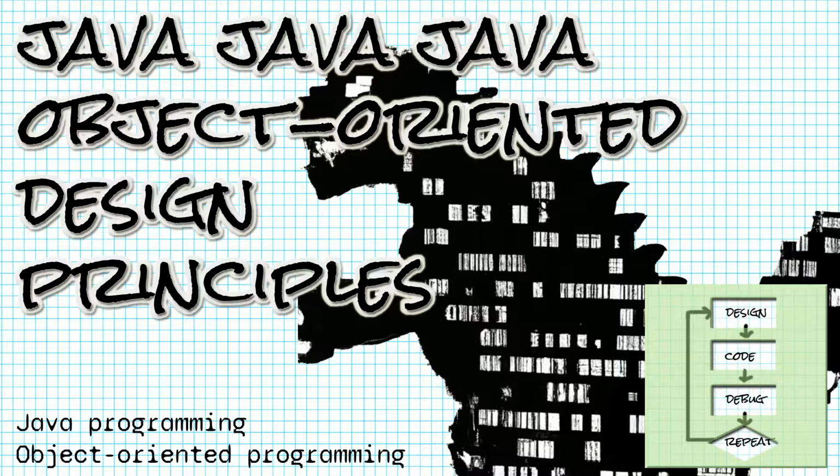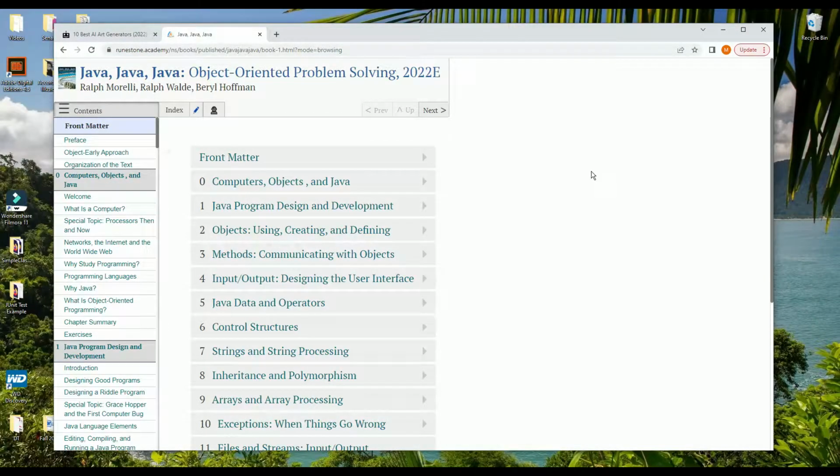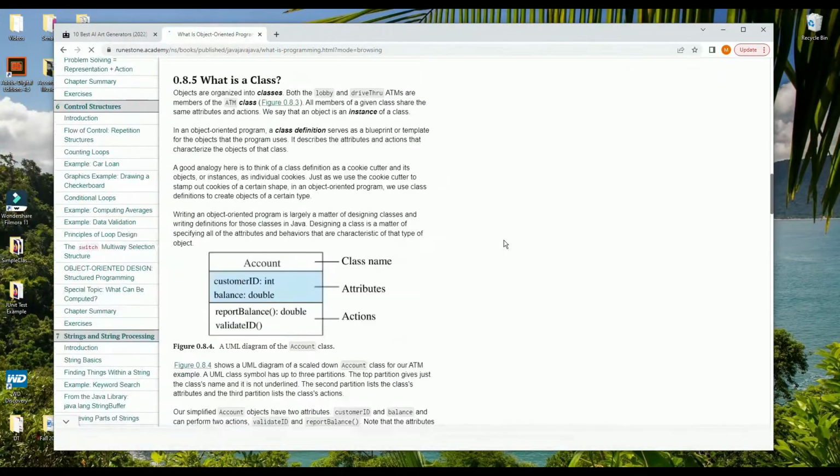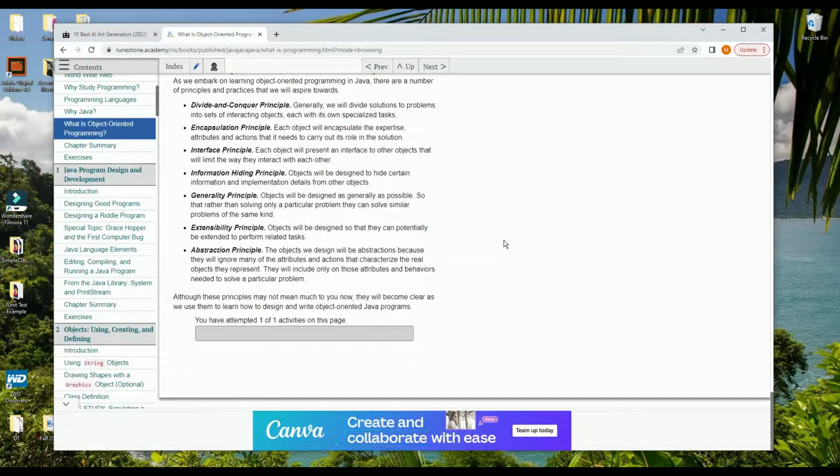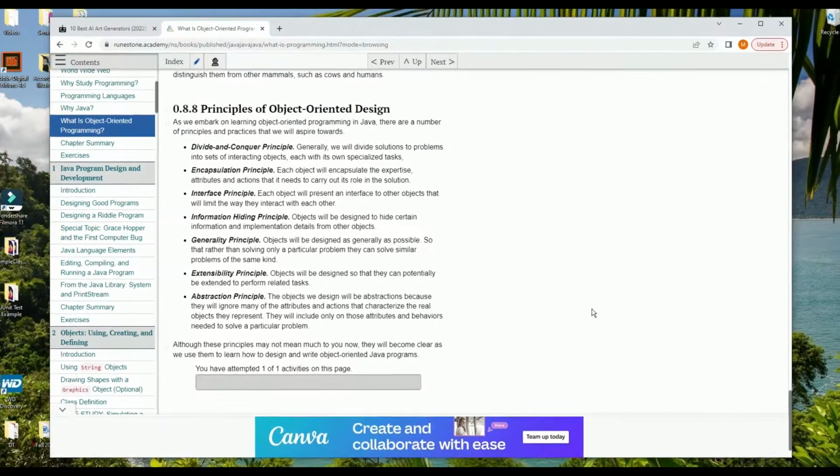Hi, this is Maggie. In this video, we're going to look at the principles of object-oriented design outlined in Chapter 0 of the open source textbook Java, Java, Java, Object-Oriented Problem Solving by Morelli, Walde, and Hoffman. At the time that I'm recording this video, the principles are in section 0.8.8, and they are the divide and